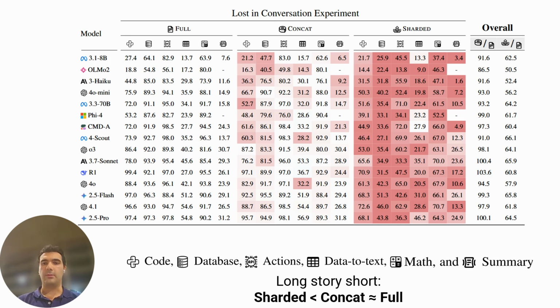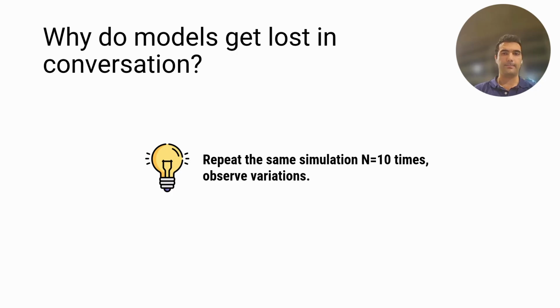On the other hand, you can see this big red that occurs in the sharded setting, and the ratio from sharded to full is typically 55% to 60%, meaning there is an average degradation across these 6 tasks of around 35 to 40% across all of these models when you do the same tasks either fully specified and in a single turn versus in this underspecified sharded multi-turn simulation. So long story short, models perform much worse in the sharded setting, and they perform similarly in the concat and full setting, like we expected.